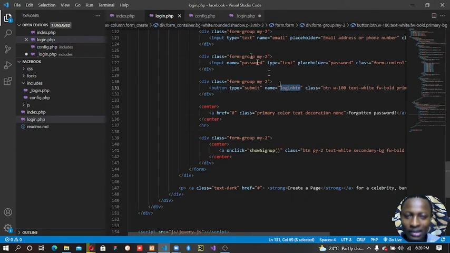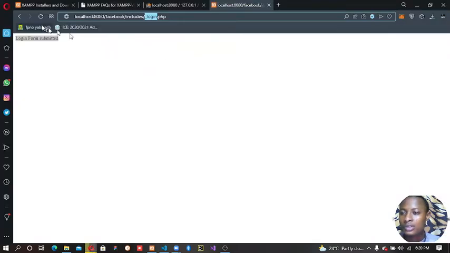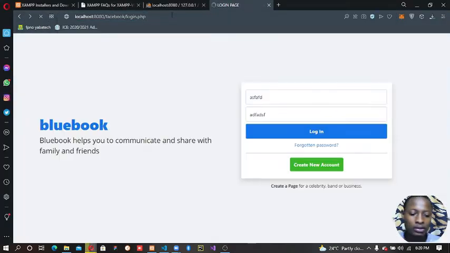So I want to pass in the name of the button. So if it's set login button, then let the show begin. So if I actually press this login button, if I actually submit the form using this button, then all this should happen. So I've saved that, go back, refresh the page,